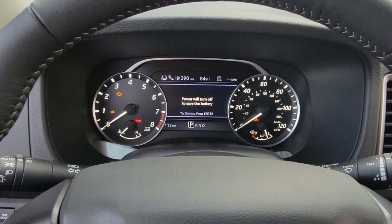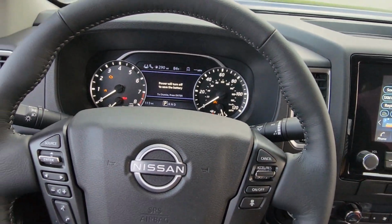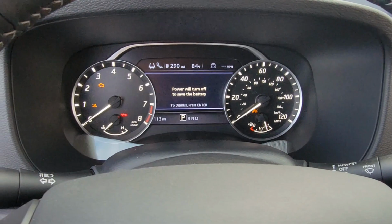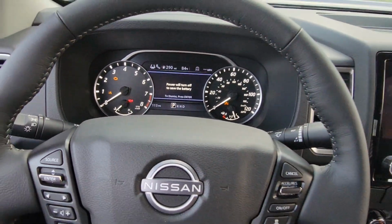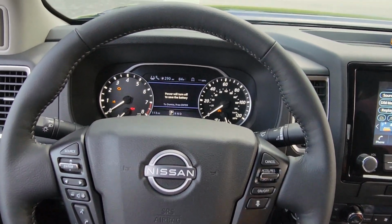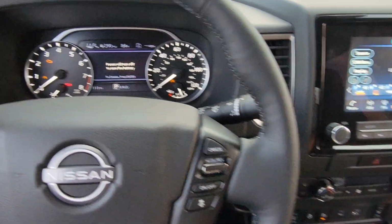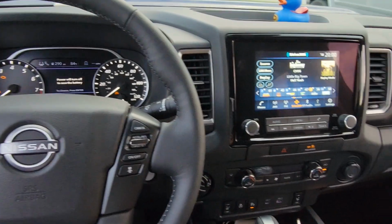The truck is telling me it's going to turn off now to save the battery. This truck is a little smarter than I am, I guess, because I didn't realize the battery was getting low. It's only been off for about 5 minutes. You can probably adjust the amount of time before it does that, I'm sure,